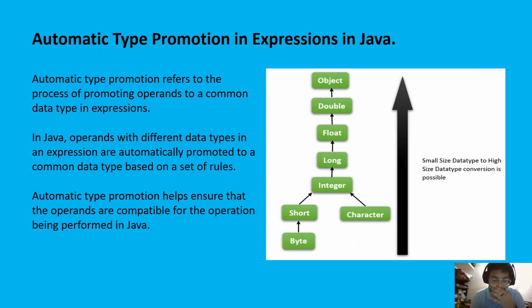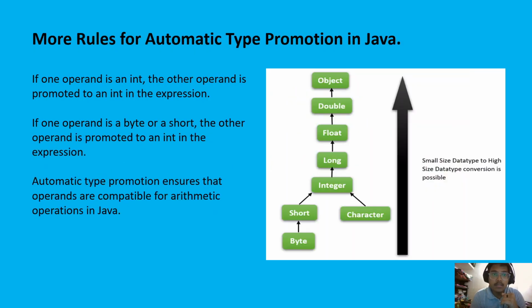This graph is important, if you guys remember it. Byte will go to short, character will go to integer, integer will go to long, long will go to float, float will go to double. Right. So next, some more rules: if one operand is an integer, the other operand is promoted to